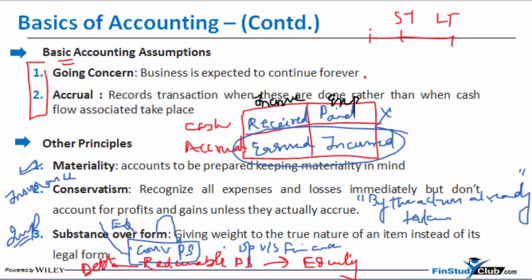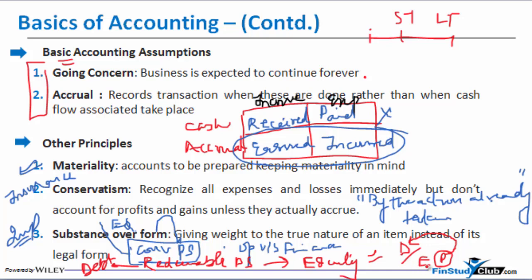So as an analyst or as an accountant, if I see my preference shares being the normal preference shares, I will club them under equity. For example, I am calculating my debt to equity. So the preference shares are going to be included here in the denominator if normal. But if not, that means if redeemable, I am going to take them out of equity and put them back in the debt. Preference shares might complain that, hey, I am not a debt, I am an equity,